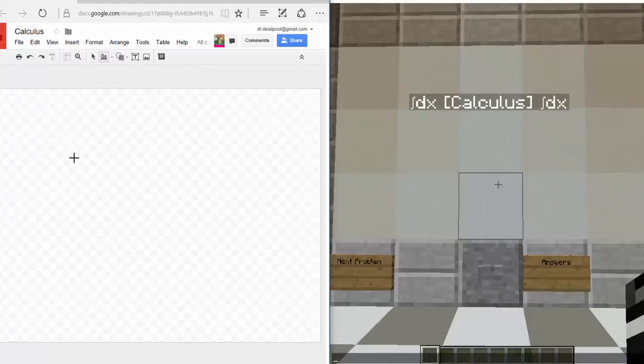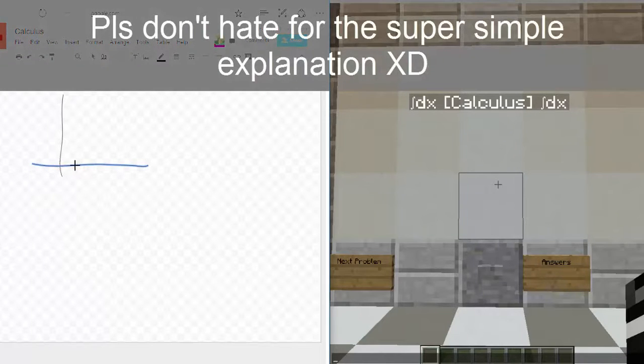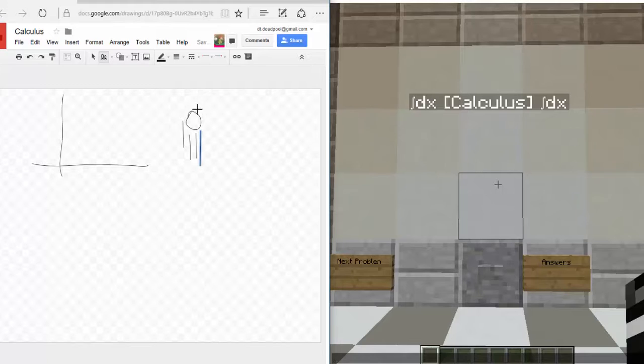So basically, the most important part of calculus is figuring out, based on the position something goes, the velocity, or based on the velocity something's moving, the acceleration. An example that is often used is you have a ball and you are throwing it up in the air. After a certain point, it's going to go up, and then after a certain amount of time, it's going to come back down.